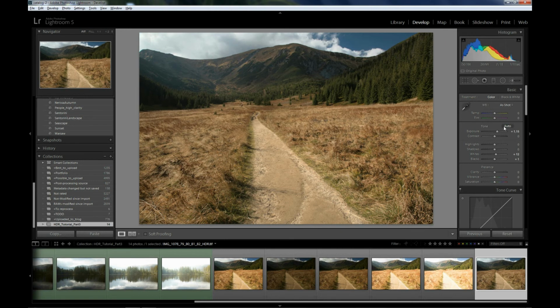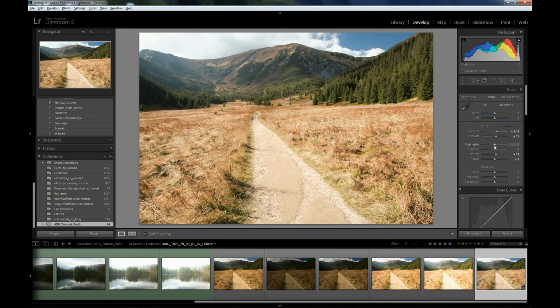You can start by clicking on the auto button, okay, to get the correct exposure. Now, use highlights to restore clouds. Maybe the exposure is a bit too much, okay. Let's brighten shadows a little bit. Let's add some contrast. There is still too much white here, so I will reduce exposure just slightly, okay. And then I can add vibrance,